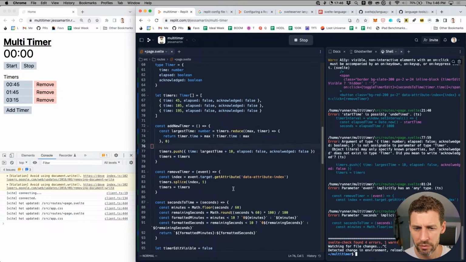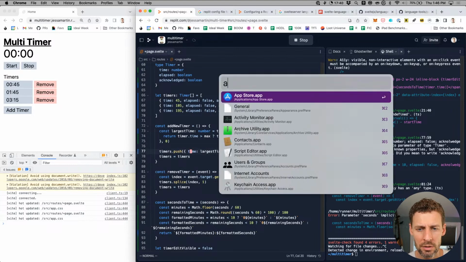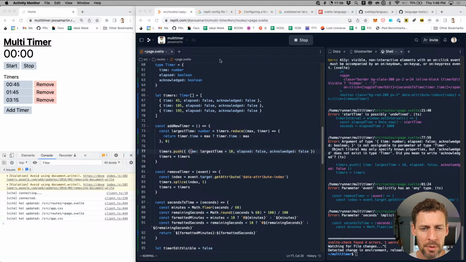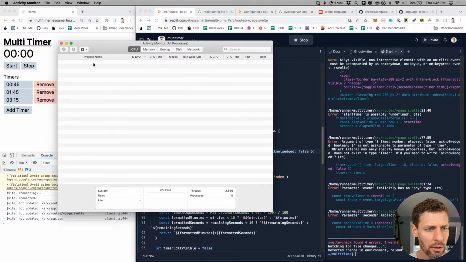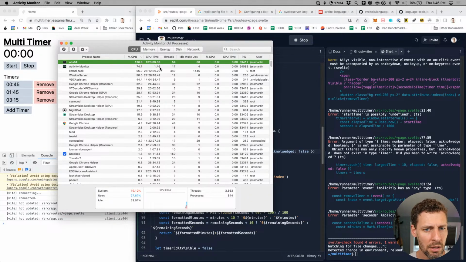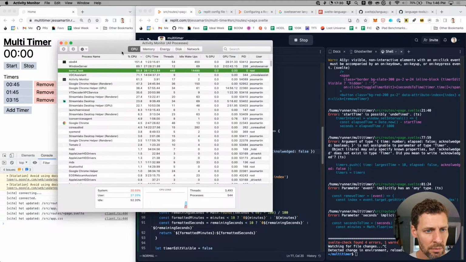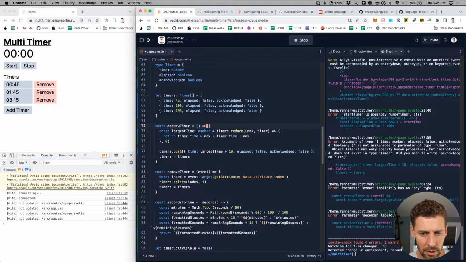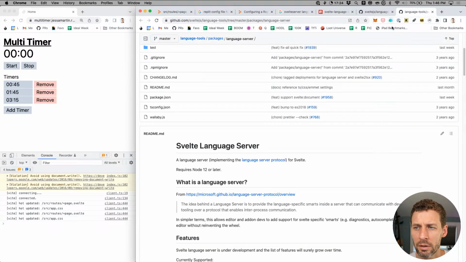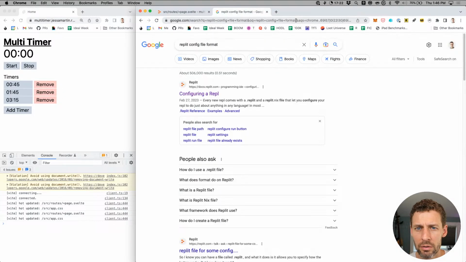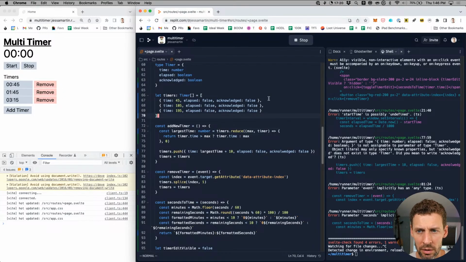I'm gonna go stop this. It felt like it might be adding some lag to this experience. Not sure, is that my CPU heating up, or is that Replit going slow? Looks like it might be a kernel task thing. Let's close all these windows and give this a refresh.